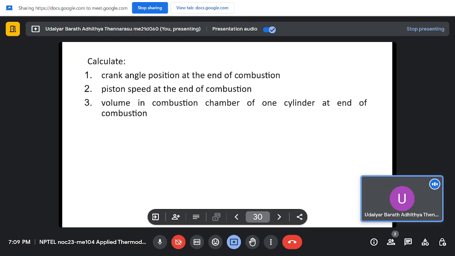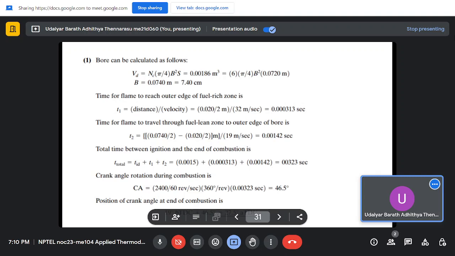What we are asked to calculate is the crank angle position at the end of combustion, the piston speed at the end of combustion, and the volume in the combustion chamber of one cylinder at the end of combustion. First, the bore can be calculated as follows. The displacement volume for each cylinder is